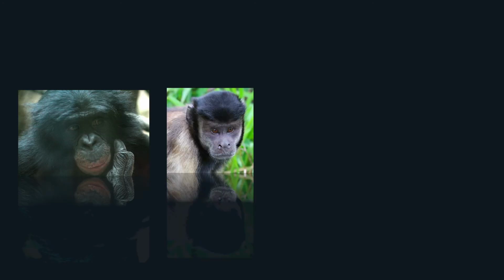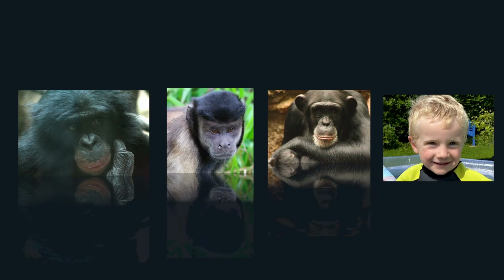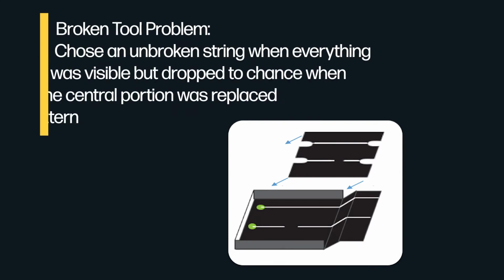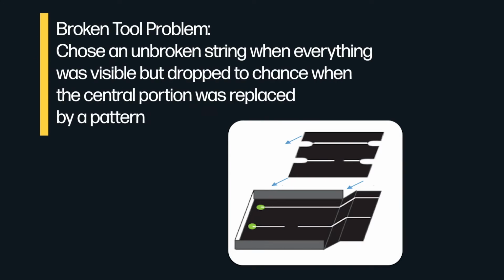So we did another study with bonobos, capuchin monkeys, chimpanzees, and children. And what we did was, again, this broken tool problem. So you need to pull the intact rope to get a reward rather than the broken one. And all of them were able to learn. We did this within subjects design. So the arbitrary case is created by covering the central portion with a lid, and there were strings stuck on that lid. So it looks extremely similar, but the discriminatory cue, the break in the string, is not causally relevant